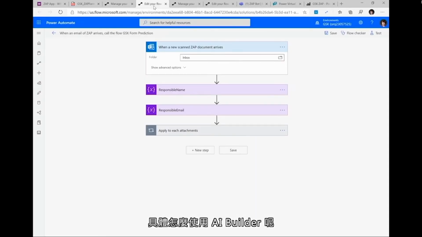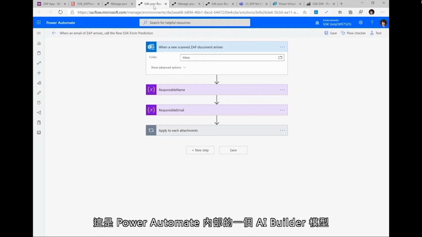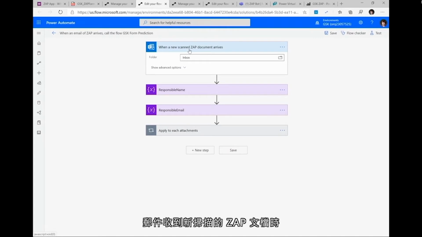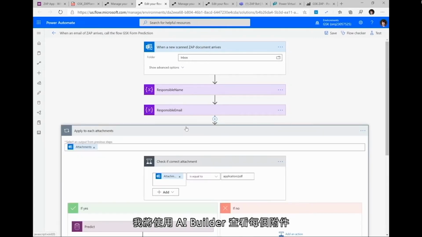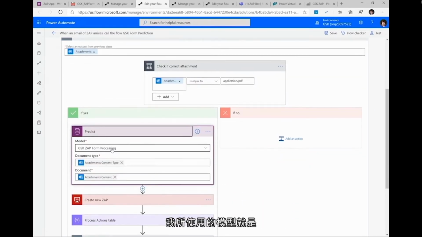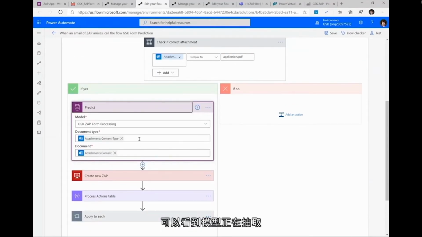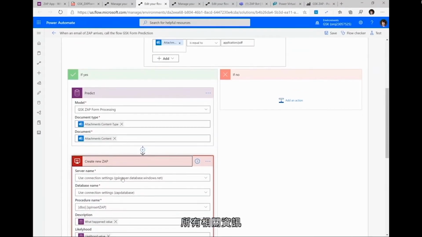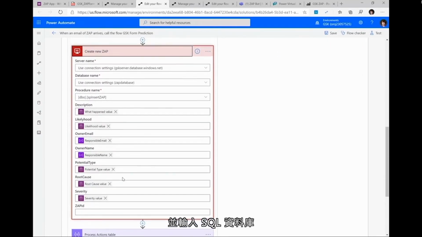And the way I would go use something like this AI Builder model is inside of Power Automate. So in this case, I have an email trigger. So when a new scanned ZAP document arrives over email, I will go look at each attachment using AI Builder. And this is using that same model that I was just testing for you guys. And you can see that it's actually extracting all the relevant information and inserting it inside the SQL database. So this is the Power Automate Visual Workflow Designer. AI Builder is just very naturally, natively integrated to make it very easy to bridge the unstructured and structured world